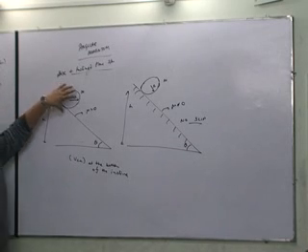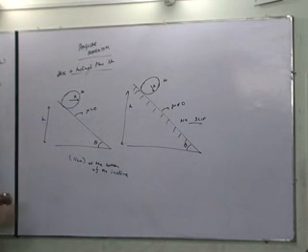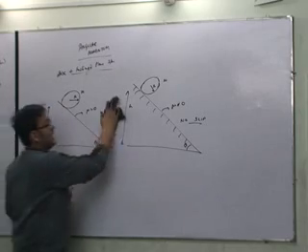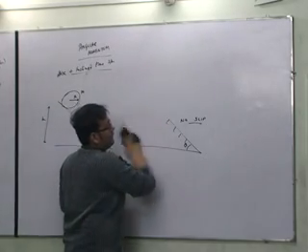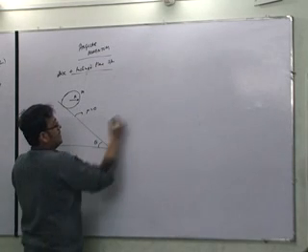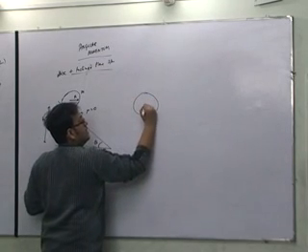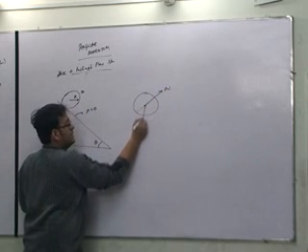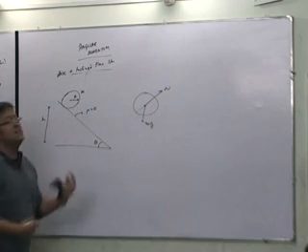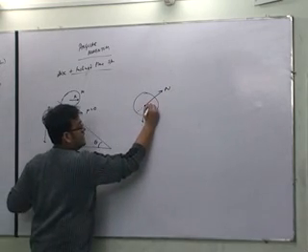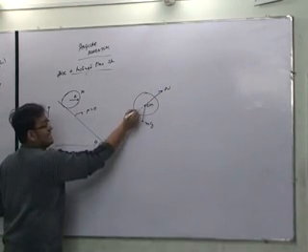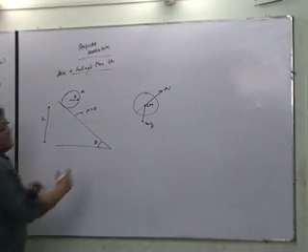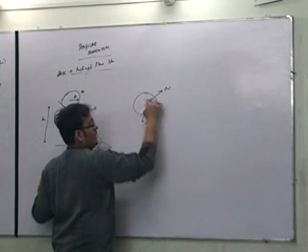Over here, when the body is released on a smooth surface, let's try to draw the free body diagram of the disk. How many forces are there on the disk? Normal from the surface and mg. Both these forces are passing through the center, so there is no force which will create a torque about the center.